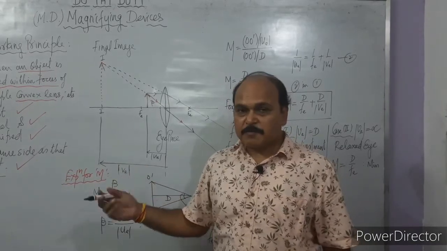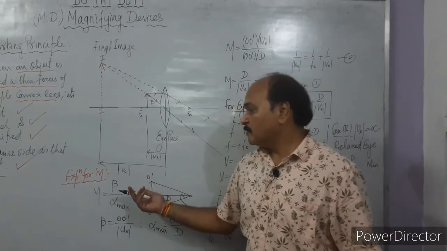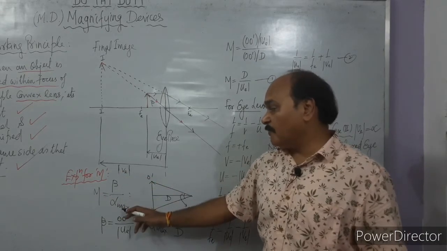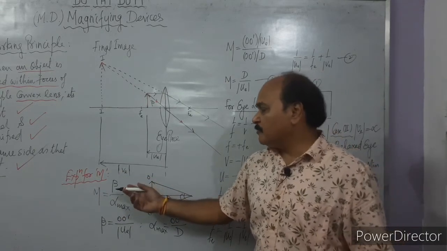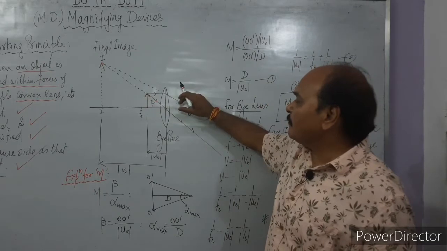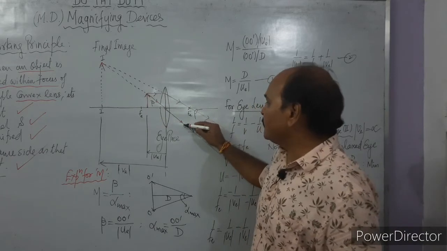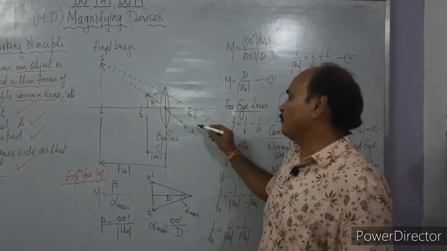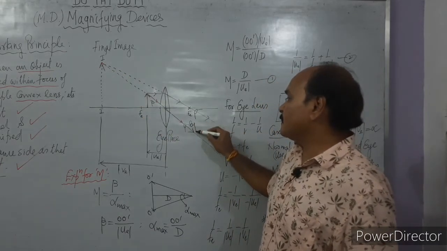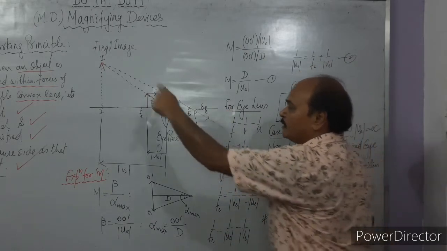Children, let us find out the expression for magnification for a simple microscope. That is the expression for M. We already know that M for a microscope is the ratio of beta to alpha maximum. What is beta? Beta is the visual angle formed by the image over our eye. And where are our eyes? Well, we can look at this image from this region. Anywhere in this sector, if we look, we'll see this image. So these are our eyes.